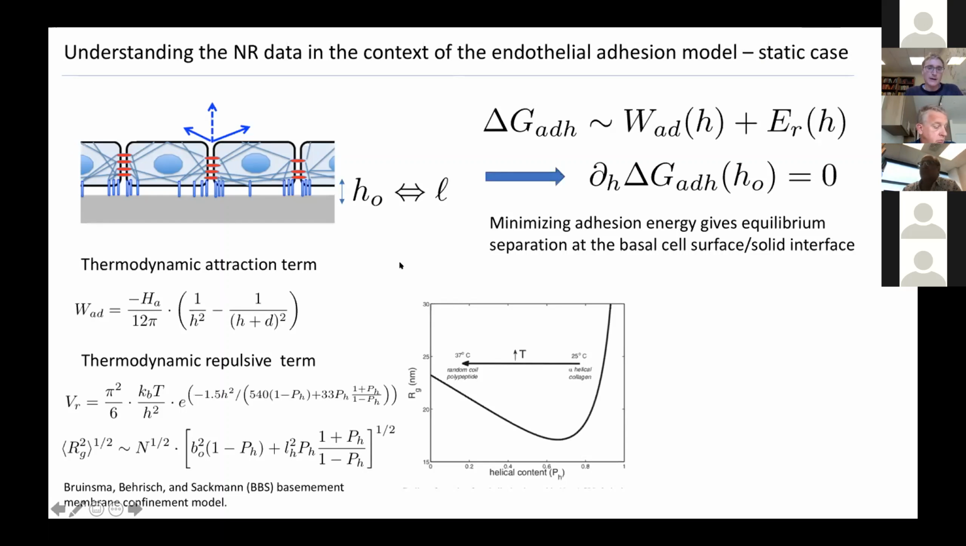We agreed that the attractive term is going to be driven by really van der Waals. And for the repulsive term, we ended up using a Bruinsma-Sackmann type basement membrane confinement model, which turns out to really be simply an osmotic pressure model of the collagen that exists within the basement membrane. What people have been able to show is that this collagen, which is primarily type 1 collagen, undergoes a change at very low temperatures of 25 being organized into a very tight alpha helical structure, which would give it a very large